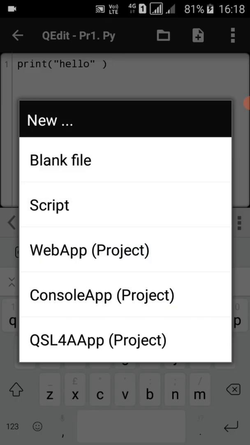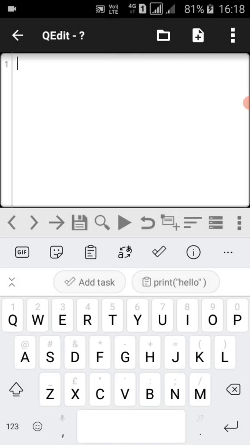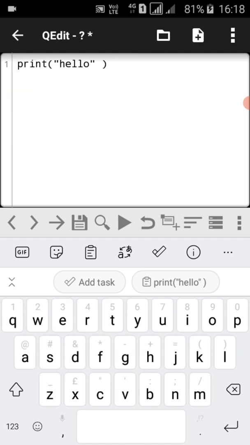Now open a new file, a blank file. Paste the command. Save this.